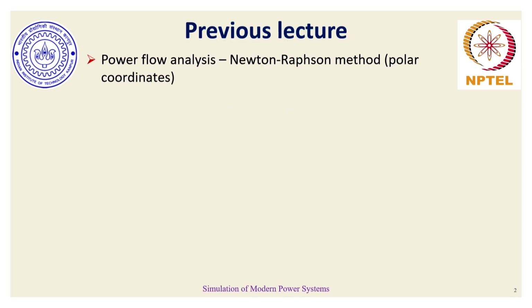In the last discussion, we talked about the mathematics involved in the Newton-Raphson method for voltages in polar coordinates, and we have not discussed how PV to PQ switchings can be checked in the Newton-Raphson update equation, which we would do in this discussion.